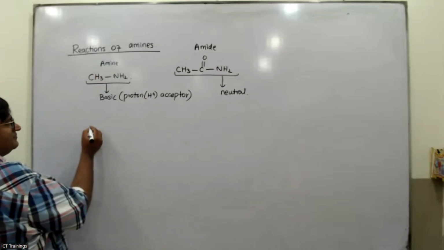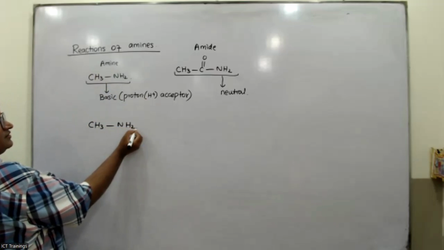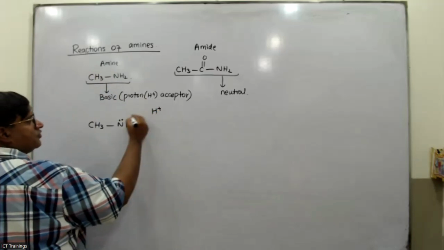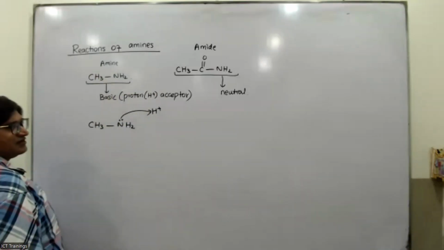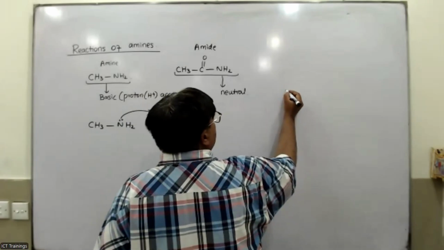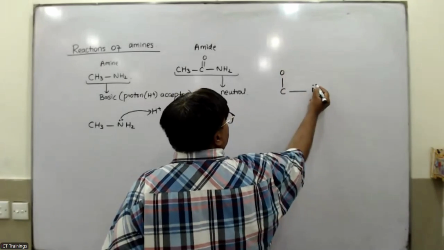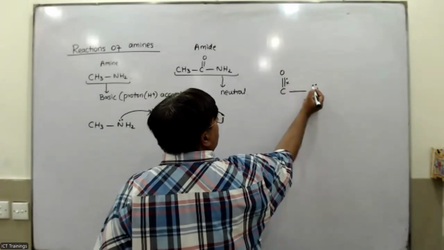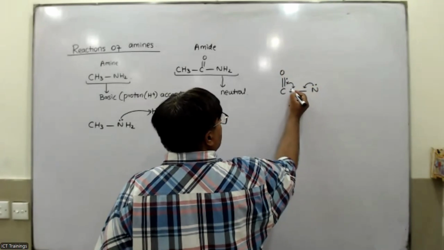असल में इसमें होता क्या है? If you look up here, CH3 ये NH2 है, तो नाइट्रोजन के पास लोन पेयर होता है, तो ये अपना लोन पेयर इस प्रोटॉन को देके और इसको अपने साथ ज्वाइन कर लेता है, तो प्रोटॉन एक्सेप्टर बन जाता है। ठीक है। जबकि ये अमाइड के केस में क्या होता है कि ये C, ये O और ये N है, इसके पास लोन पेयर है और यहाँ पे डबल बॉन्ड है। तो होता क्या है कि ये जो इलेक्ट्रॉन इसका है ये इधर डीलोकलाइज हो जाता है, तो यहाँ पे डबल बॉन्ड